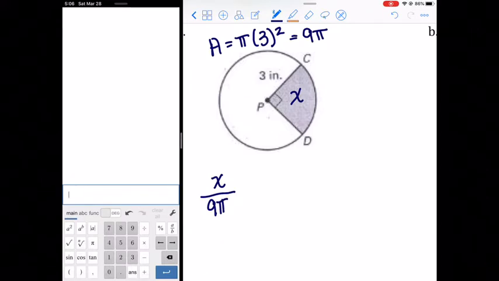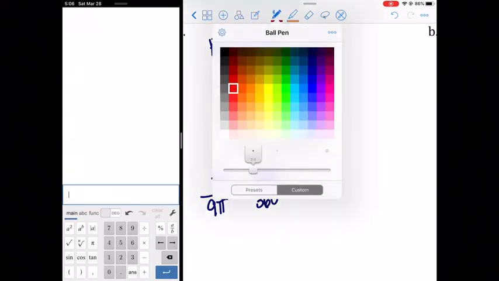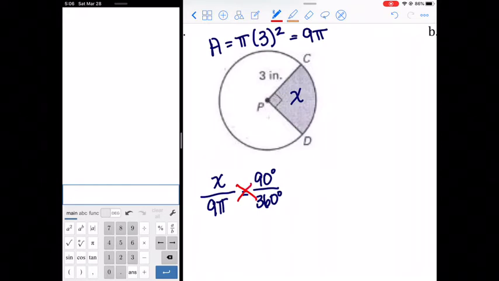So the ratio of x, the area of the sector, over 9 pi, which is the area of the entire circle, is going to equal the ratio of the arc measure. Since this is a right angle, that arc measure is going to be 90 degrees over the entire circle, which was 360 degrees. To solve this, I can cross multiply. So if I cross multiply, I'm going to have